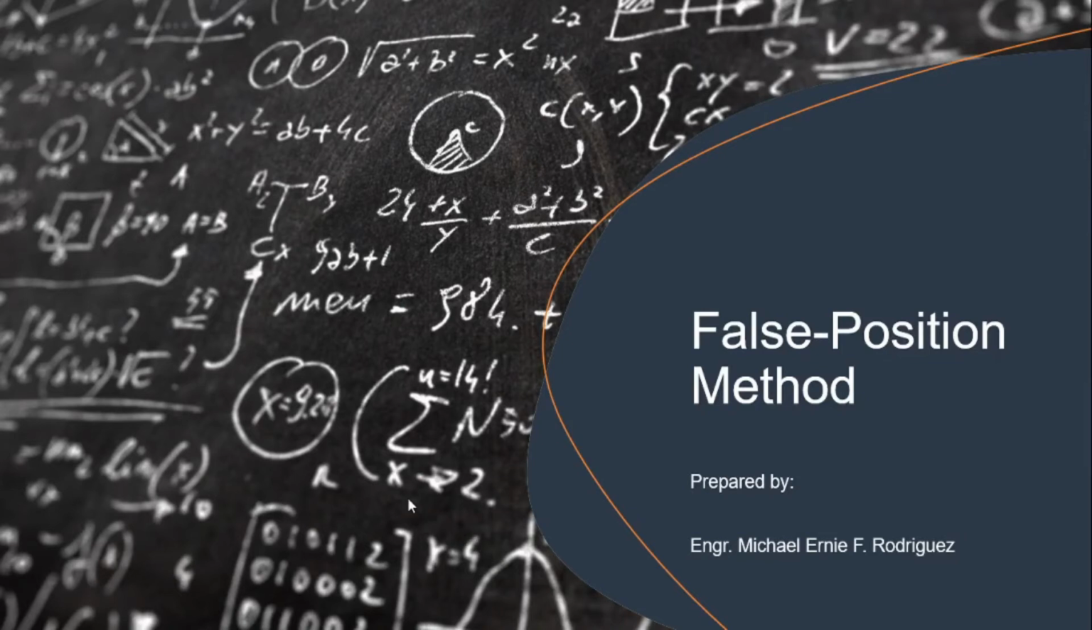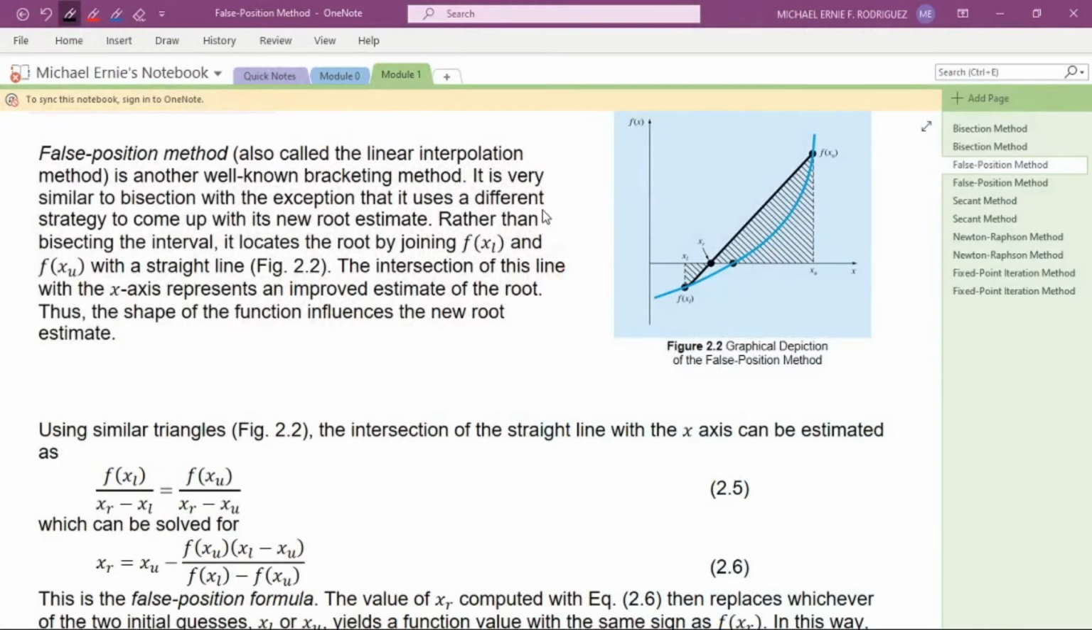Good day everyone. Today we'll discuss the false position method. The false position method, also called the linear interpolation method, is another well-known bracketing method. It is very similar to bisection with the exception that it uses a different strategy to come up with its